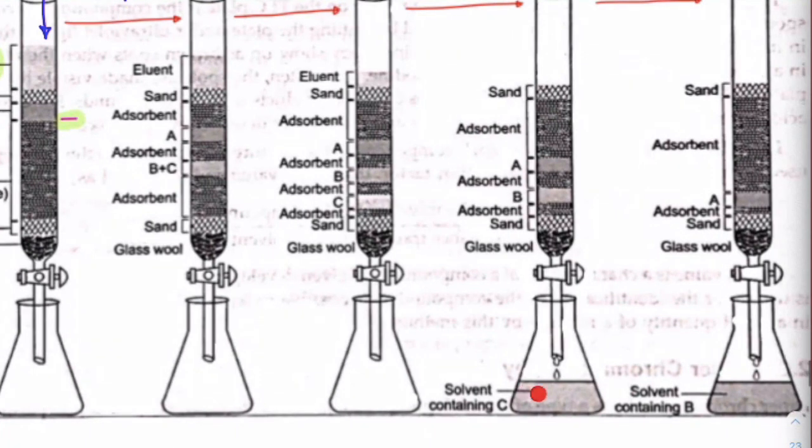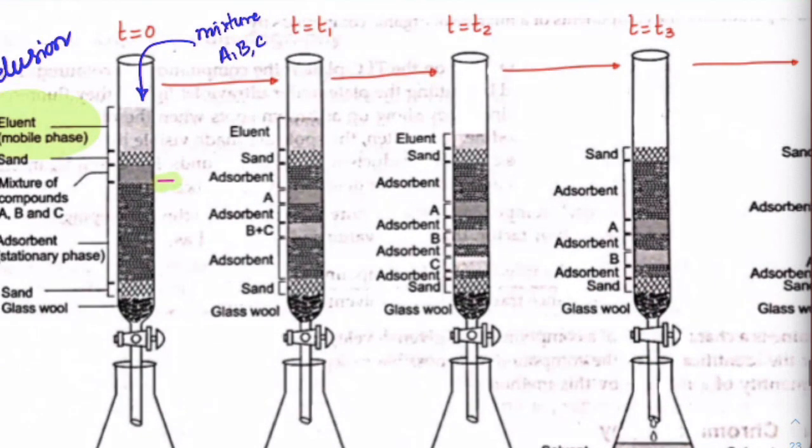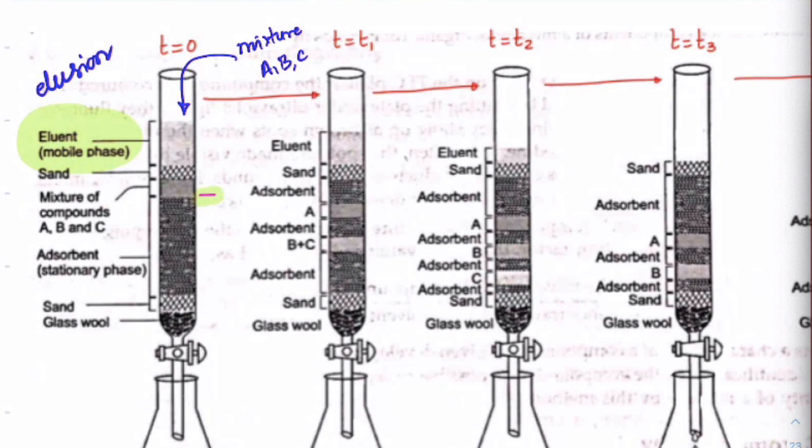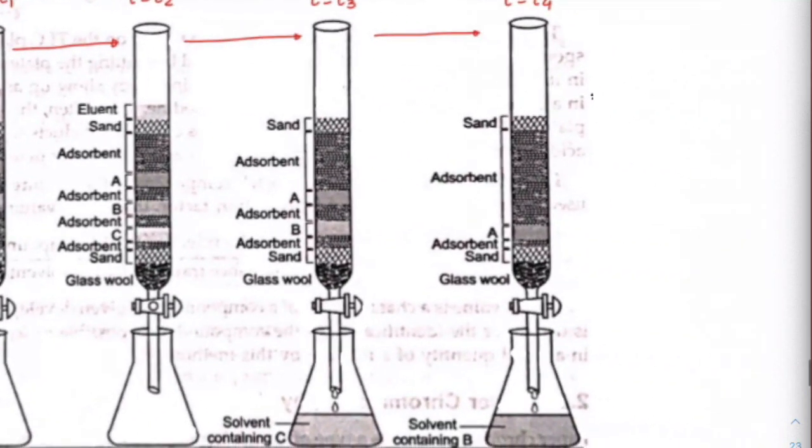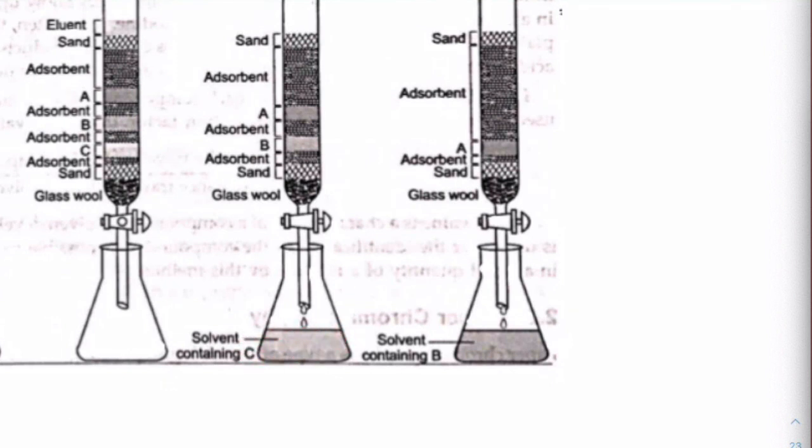So first, what got separated? C got separated. If I ask you, out of A, B, C, which has more elution, you will say C has more elution because it is showing more motion in the mobile phase. A has more affinity with the stationary phase, so that's why it is not coming out fast. The stationary phase is made up of silica gel or anything you can add which will adsorb one of the solvents. So C is the one which we will separate out first.